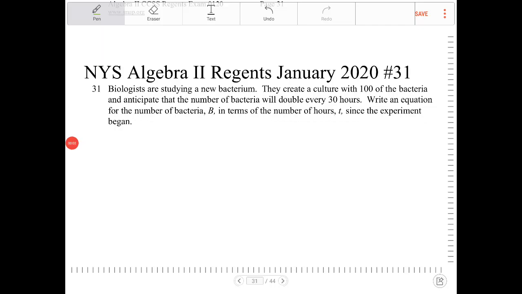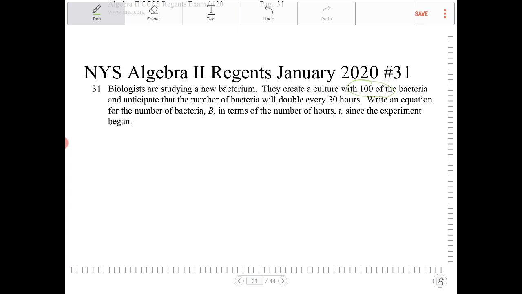Biologists are studying a new bacterium. They create a culture with 100 of the bacteria and anticipate that the number of bacteria will double every 38 hours. Write an equation for the number of bacteria B in terms of the number of hours T since the experiment began. So what's important is that we understand what's the given information here, that we start off with 100,